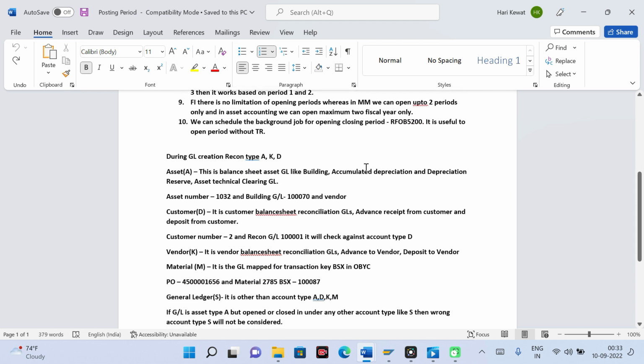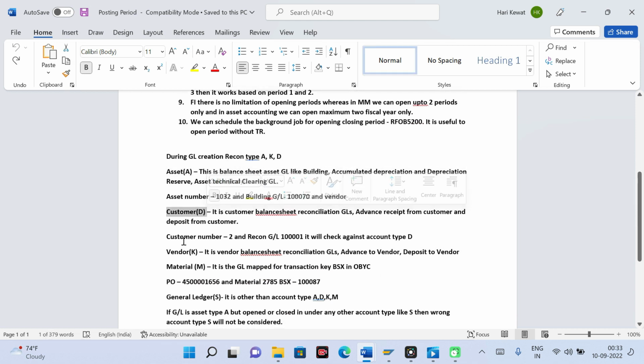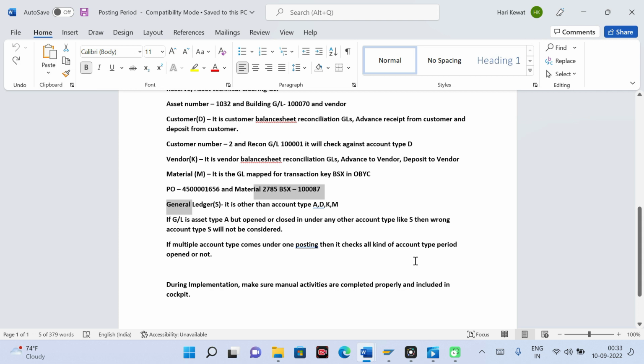And I have already talked about how to identify asset GL, customer GL, vendor GL, and general ledger GL. One very important point is when a GL is closed under any other GL, like multiple accounts come under one posting, then it checks all kinds. Okay, this is already done. This one is very important.